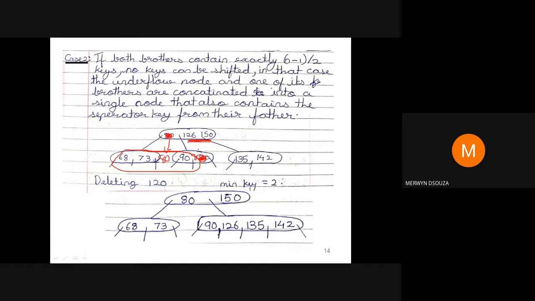Then you have to put your branches properly. You will not have 3 branches, you will just have 2 branches. Since these values are less than 126, you would have one branch here to this leaf node, and this other branch would be here. So it would have looked like this. I hope you can understand. You have to write here in sorted order 68, 73, 80, 90. This branch would be before 126 and this branch would be after 126. Yes, I think you all have understood this.